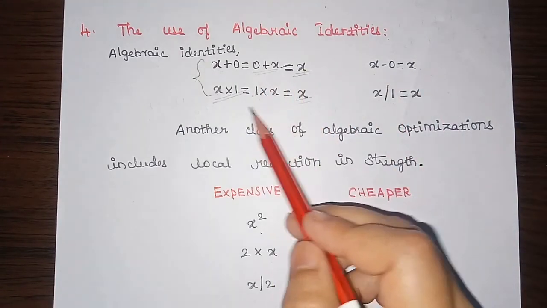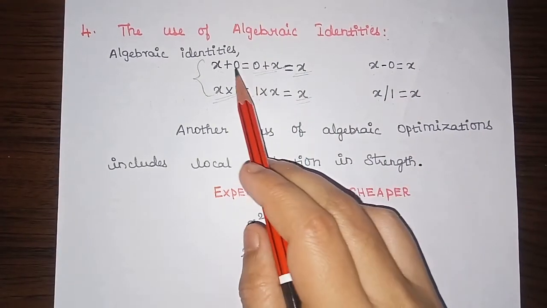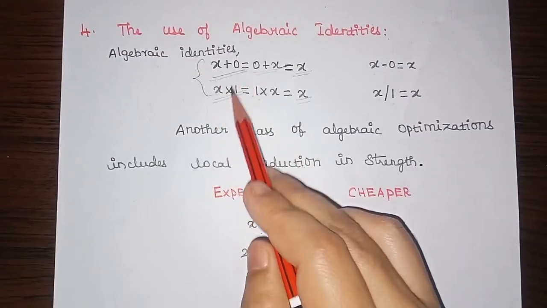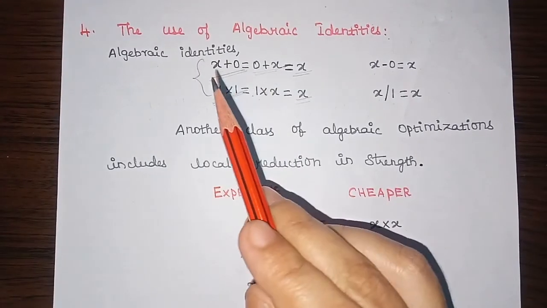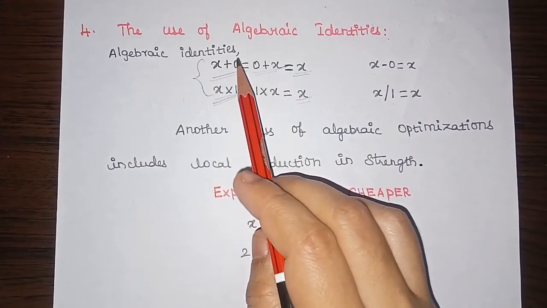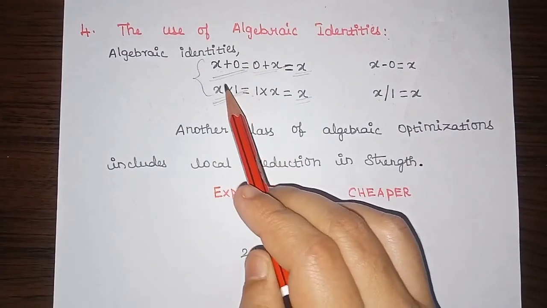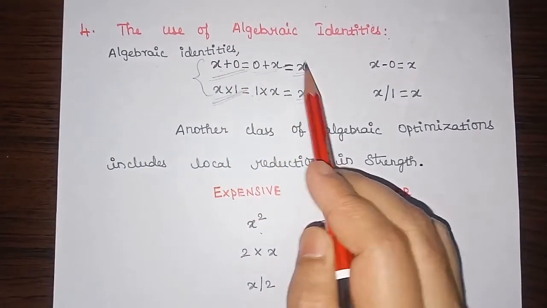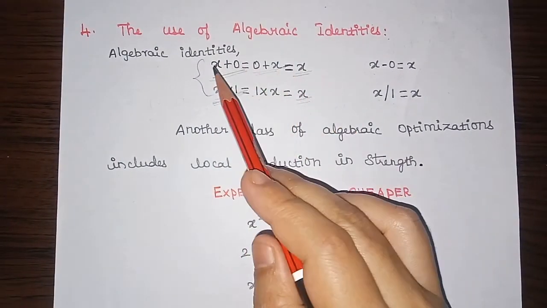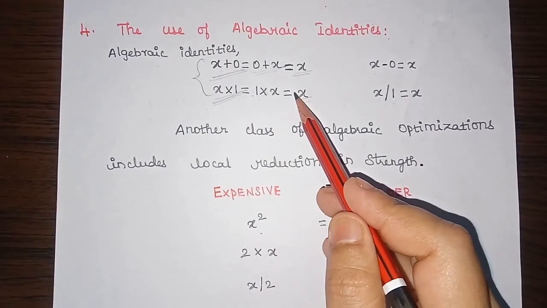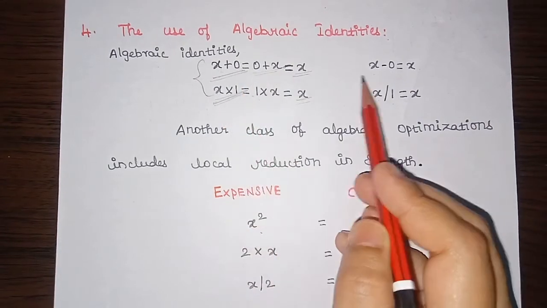So instead of doing these kinds of computations, we can eliminate them from the basic block. Why? Because by doing these computations, we are anyway not going to change the value of x here. The value remains the same, and it cannot be changed even though we are performing the computation. So if that is the case, we can eliminate computations from the basic block like this.